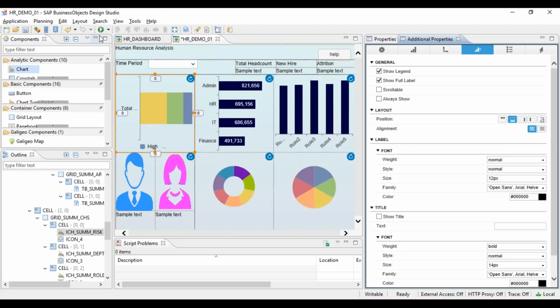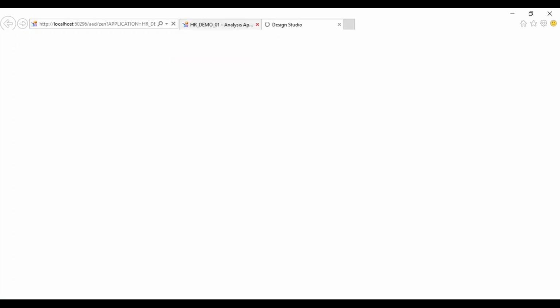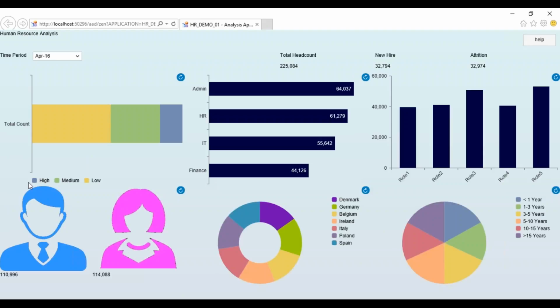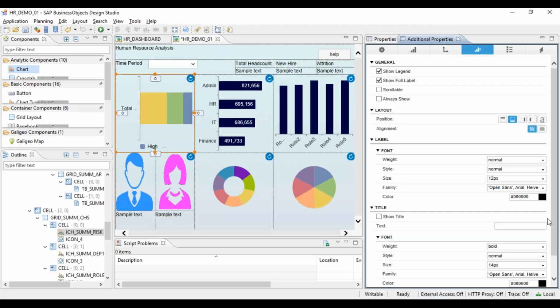If you want to, let's run and see. So if you are using chart component, the legends will always be on the left hand side like this. But through CSS, you can put them in center. But with info charts, you have an option. So you can put them directly into center. No need to use CSS.